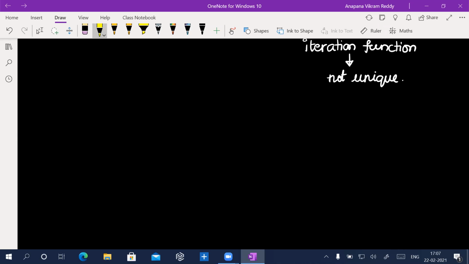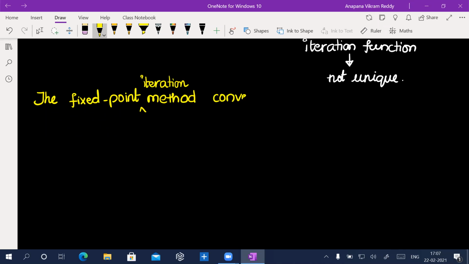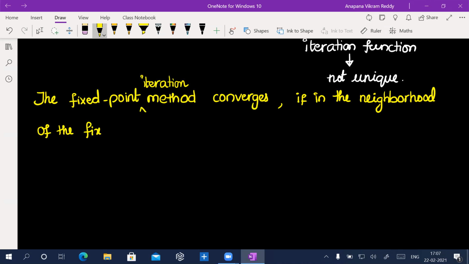That is, just note down this one. The fixed point method, or the fixed point iteration method, converges if in the neighborhood, but unfortunately this point is not given in your Chapra textbook. If in the neighborhood of the fixed point,